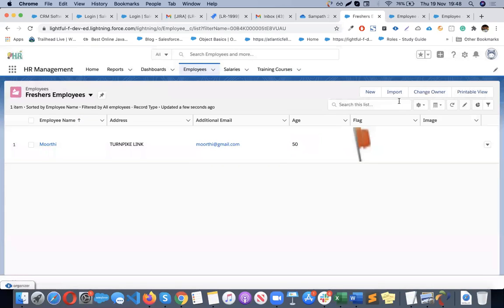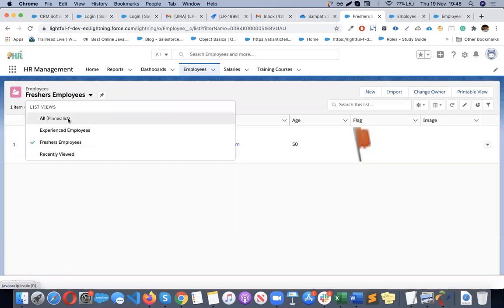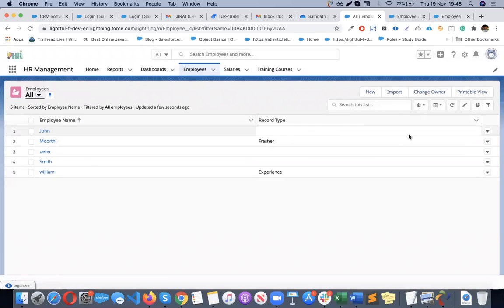Okay, so now one more thing. If I go to All, by default it will come. Now here we have additional options. See here, table, Kanban, split view. At the moment it's a table view. Now if I go for a Kanban,